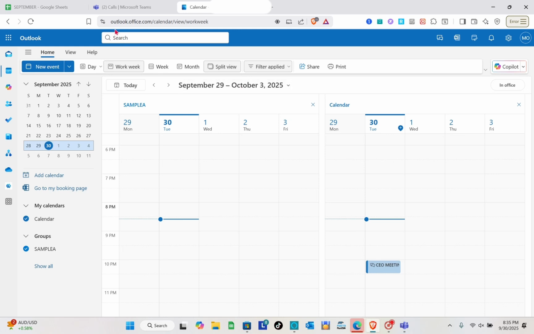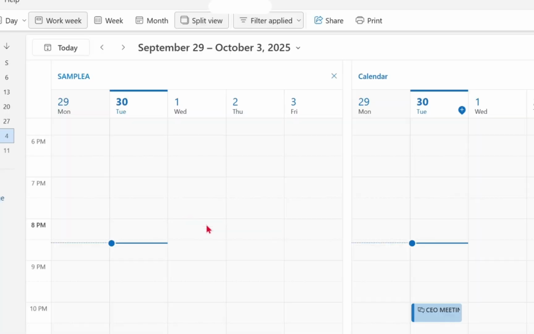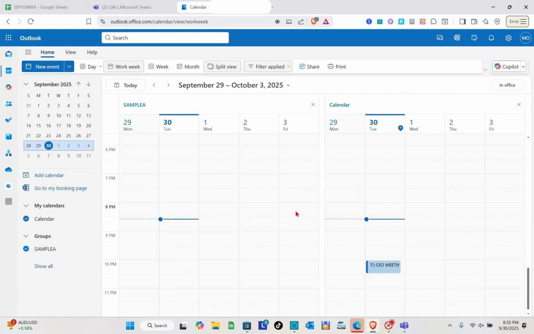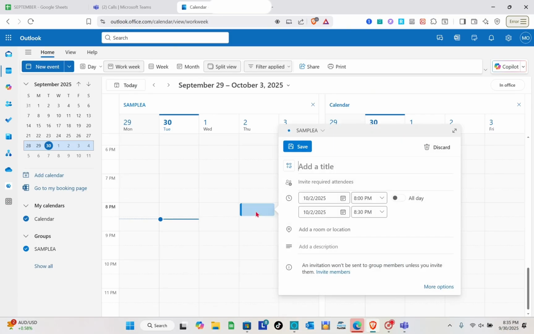So right here at the left side of our screen, you have the calendar, the mail, the Copilot, and people. So just go to the calendar. And then after that, right here, you just have to select the date or the specific time that you want to create a meeting. So, for example, on October 2 at 8 p.m., you just have to simply click on